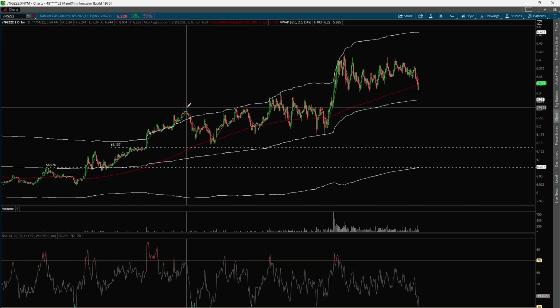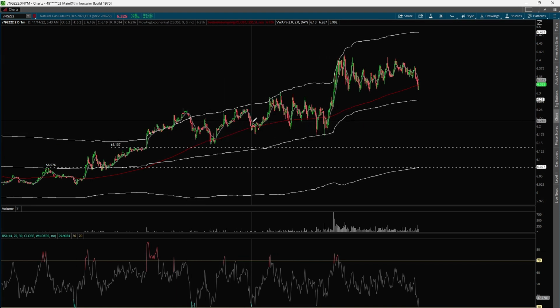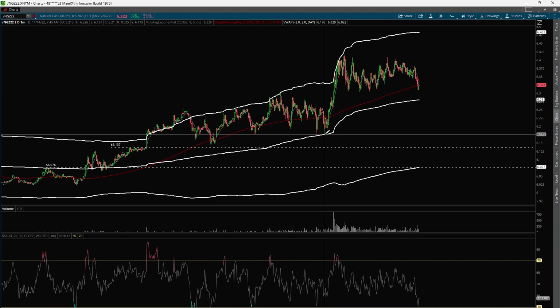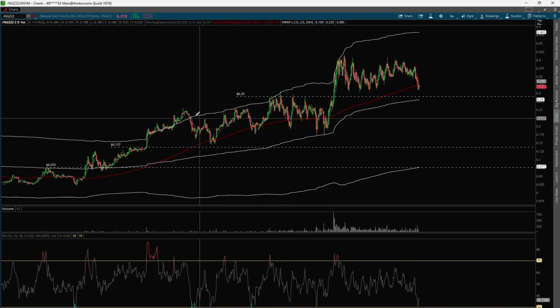And with demand zones, sometimes the price is too strong. We'll notice natural gas on this day was too strong to come back to that level ever throughout the day. But it did make another level. So if we look at this, a little bit later in the day, it came up